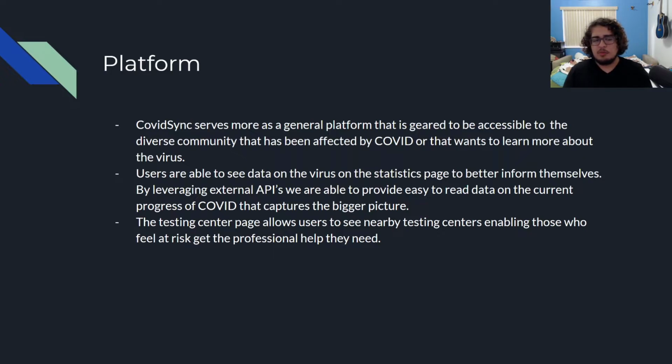Another part of it is that we were able to gain in the information to create a tool that allows people to find the nearest testing center to them. We wanted, once again, anybody that has any fear that they have come into contact with the virus to be able to get tested early and hopefully be able to help them out in that way. We also do have a couple FAQs within the website with very useful information about COVID,